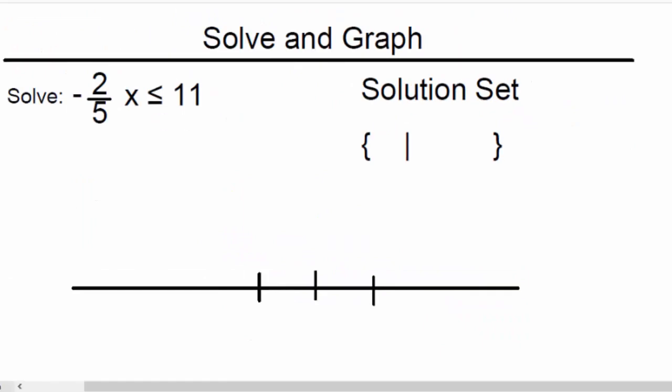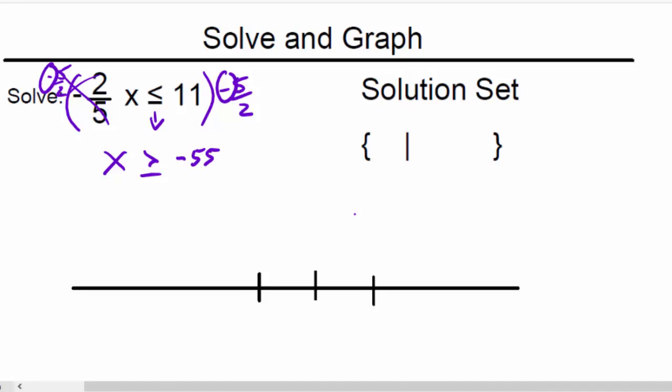All right, so our first example here, we want to solve and graph. So the first thing we're going to do is get rid of the negative 2/5. So we're going to multiply both sides by negative 5/2. And when we multiply this left-hand side by negative 5/2, this becomes a positive 1 times x, which is x. And because I multiply by a negative here and a negative here, this inequality must do an about face like that. And I'll end up with negative 55 over 2. Actually, it's exactly equal to negative